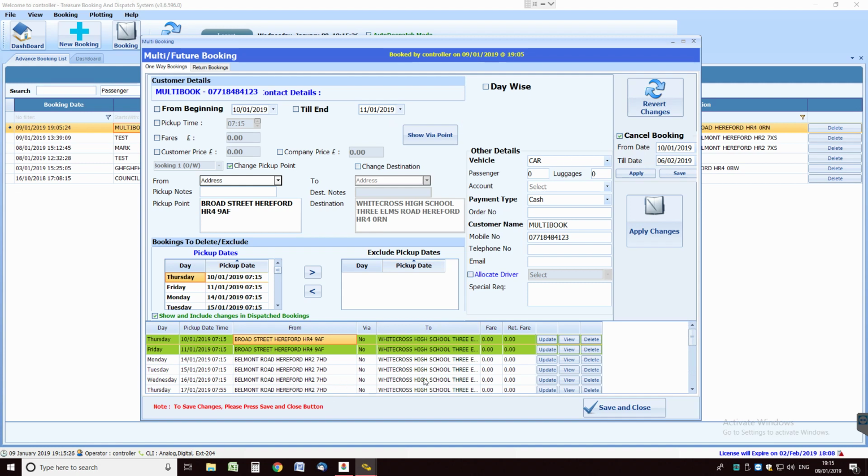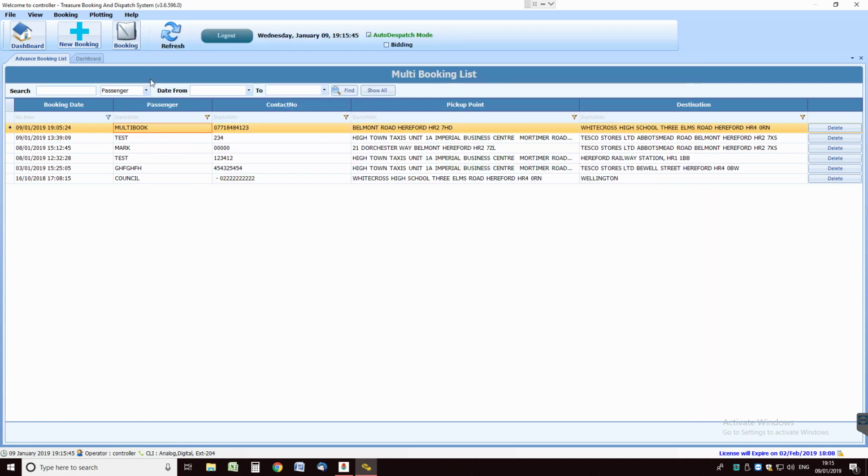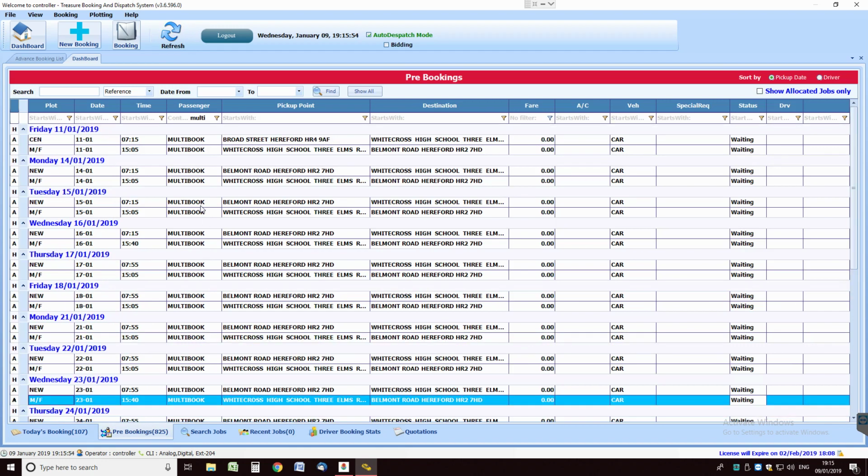So what you can do from here, rather than deleting a day, so it's completely off the system and you haven't got it there as an option in the future, is cancel bookings. So let's just say we wanted to cancel everything from the 10th to, for instance, the 16th of the 1st, and we applied that. They've gone red now. Now they'll stay in this block, but when you save and close, if we come back to the dashboard and refresh, and then go back to pre-bookings and refresh,